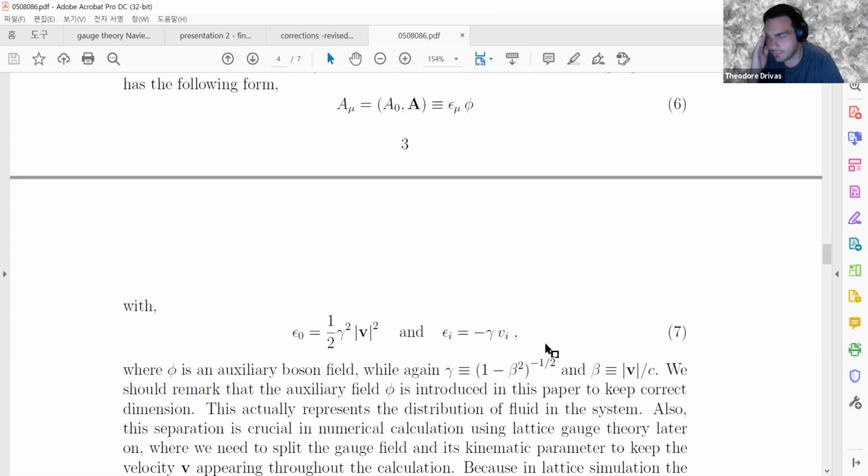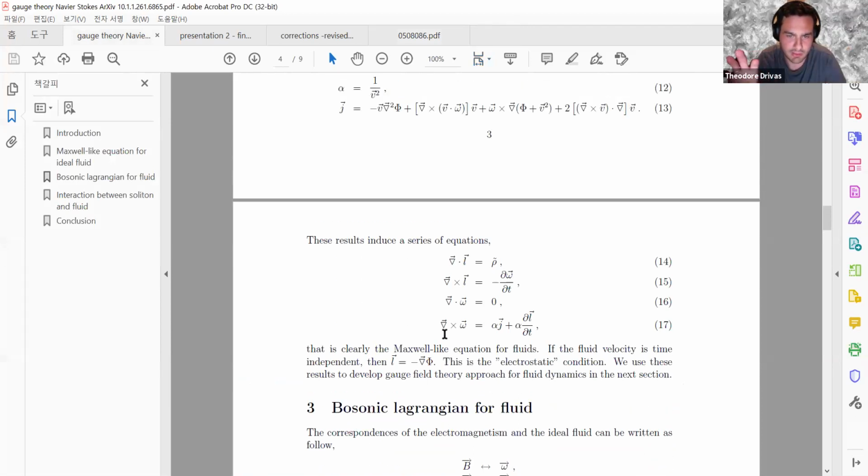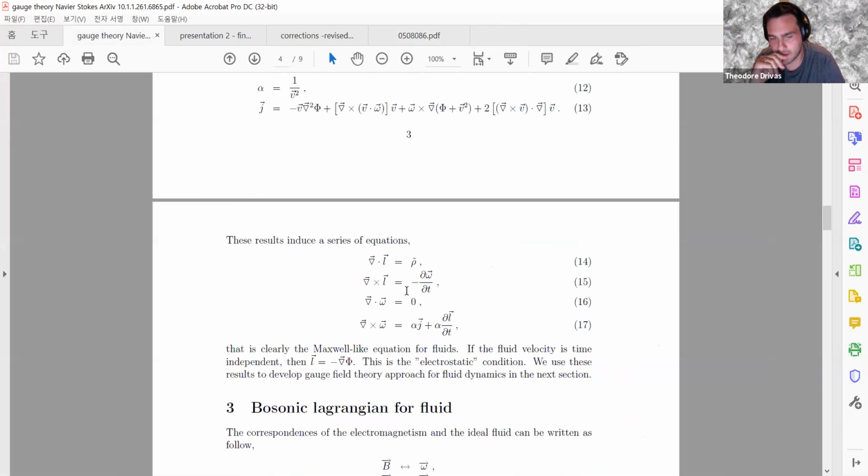Okay. So it's just a rewriting of the equations, and you just take them and put one term on one side, the other term on the other side. That's it. I don't see what the source is. Sorry, what is the source here in EM? Yeah, if you go to the equations where they look like electromagnetism in one of these papers, I think it was in the other version of this paper. The J's. Yeah, if you scroll up just a little bit so we can see both. Yeah, okay. So sure, you can write things like this if you want to. I don't see what it tells you beyond what the original equation tells you.